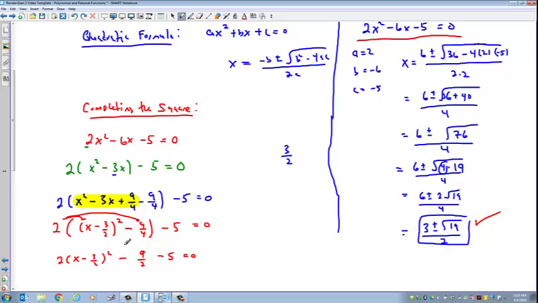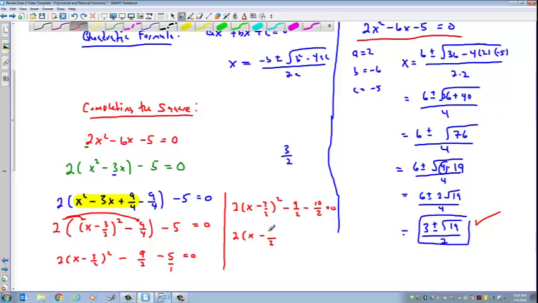We could even find a common denominator right here. So what do we have now? We'll have 2 times x minus 3 over 2, quantity squared, minus 9 halves. And remember, this is 5 over 1, so we'll multiply top and bottom by 2. So minus 10 over 2 equal to 0. And we just keep on going at 2 times x minus 3 halves. That's a terrible 3 halves. So let's change that. So x minus 3 halves, quantity squared, minus, so minus 9 minus 10 is minus 19 all over 2 equal to